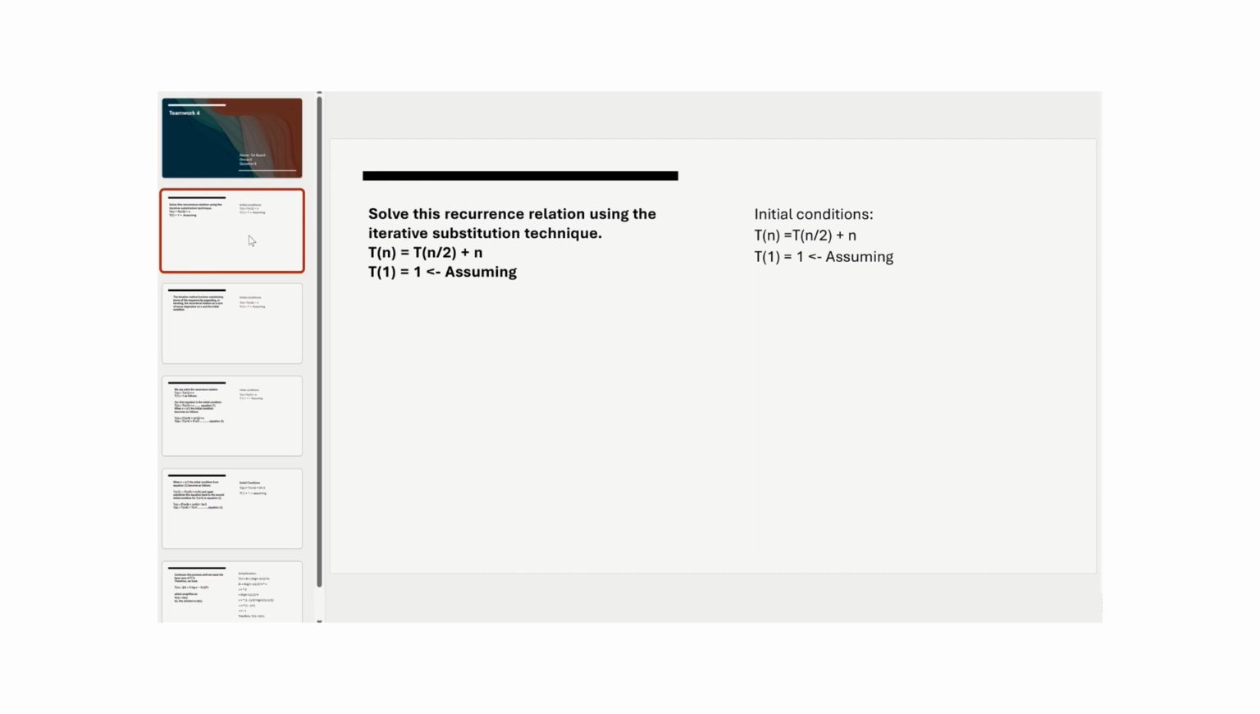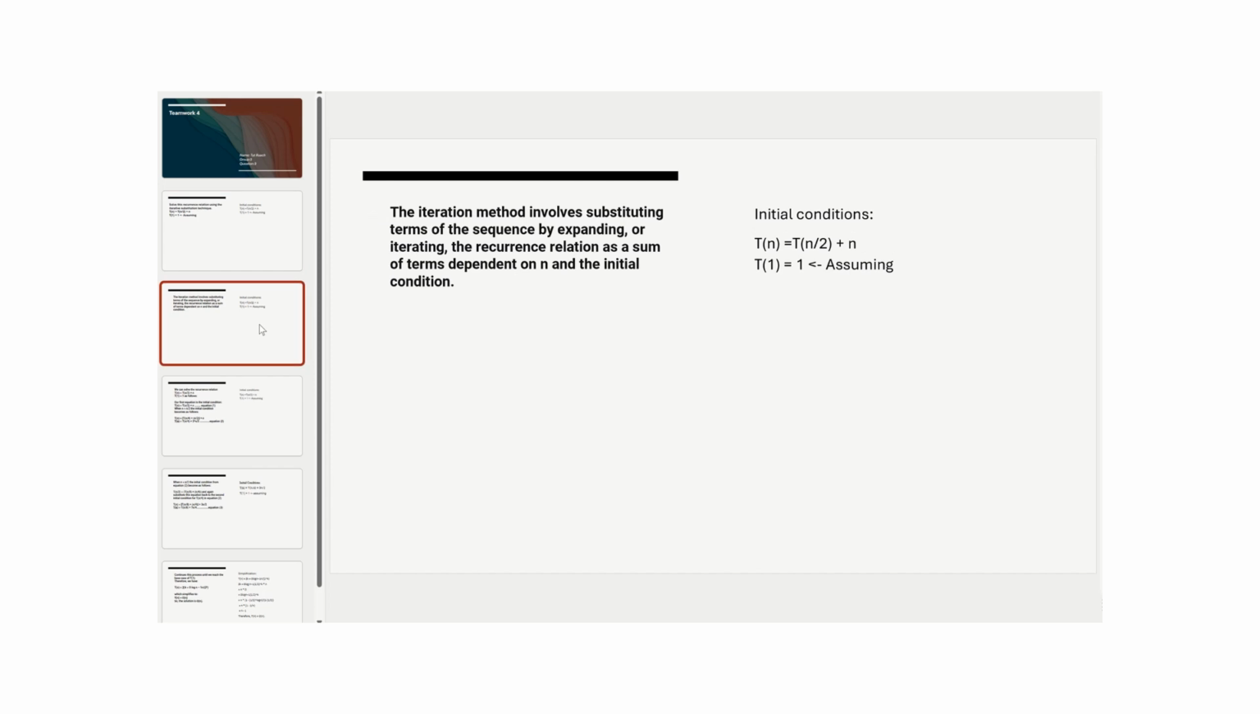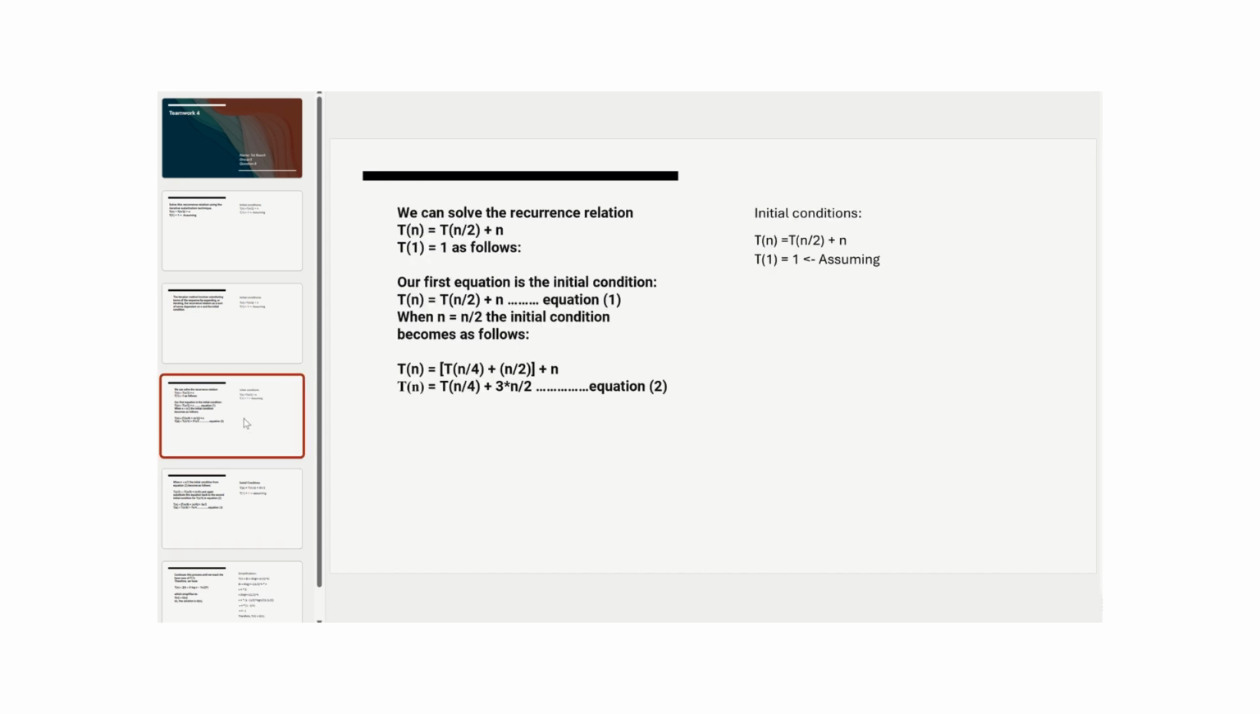We are asked to solve a recurrence relation using the recursive substitution technique. The substitution method involves substituting terms of a sequence by expanding or iterating the recurrence relation as the sum of the term dependent on n and the initial condition. We have our initial condition here on the right side, and we can solve the given problem